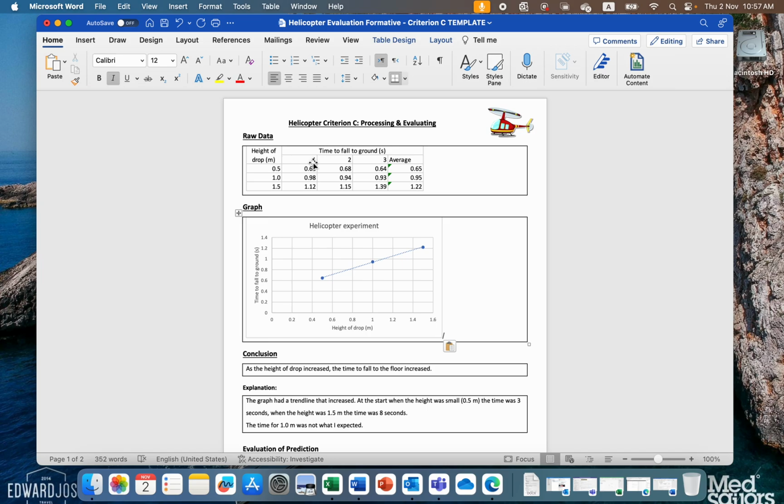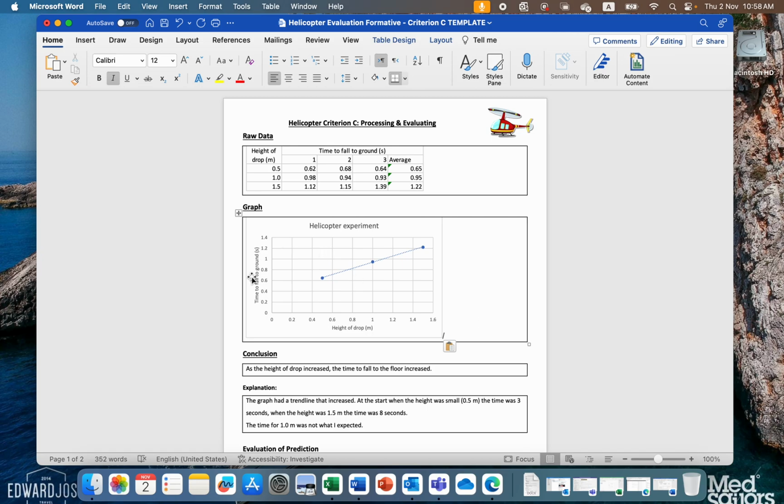Then above here we did 3 trials and we calculated an average, and that's all the time it took to fall to the ground, and we measured that in seconds. Don't mind quite the wording, but basically it's time. The next one, the graph, there's another video that I've shared with you about how they can create the graph and make it look